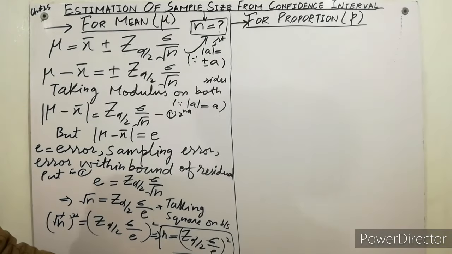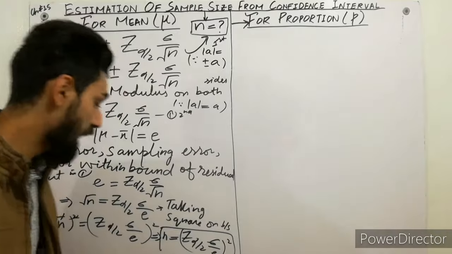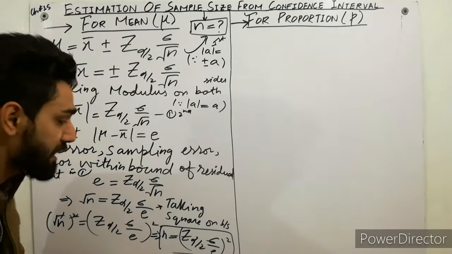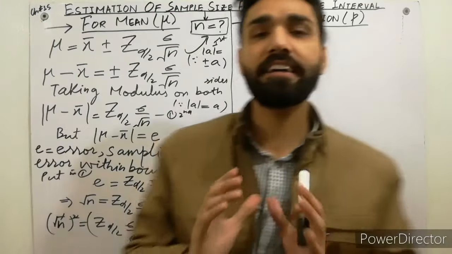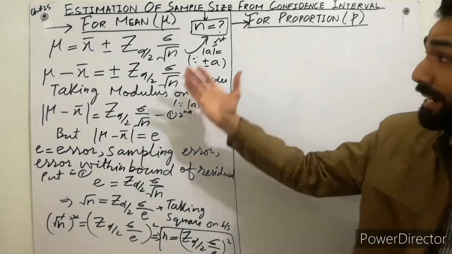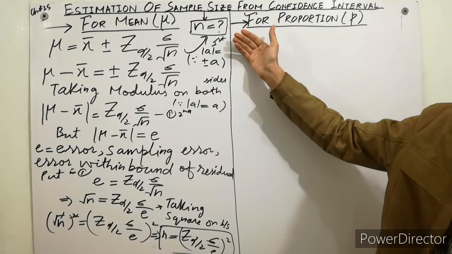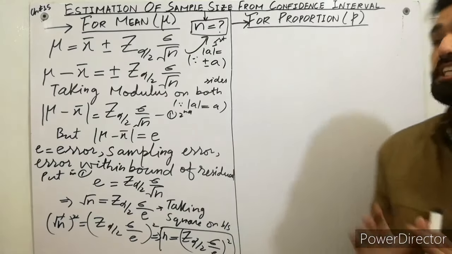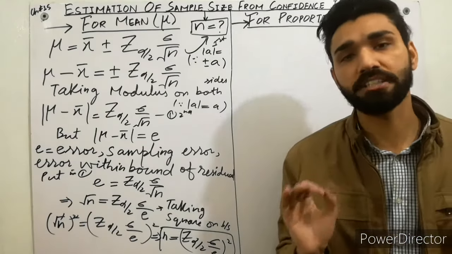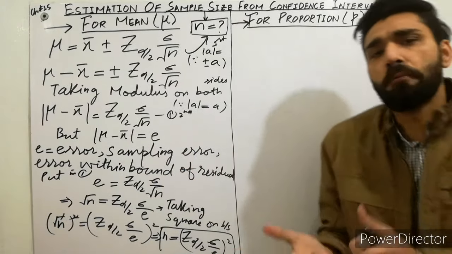That formula I will use. I will upload videos in which I calculate the sample size with a shortcut. I hope you have gained a lot of points about how to make the formula for the confidence interval and the formula of sample size from the confidence interval for the mean. The next procedure is very important. Don't skip the last step, because it will be used in the calculation of the mean.